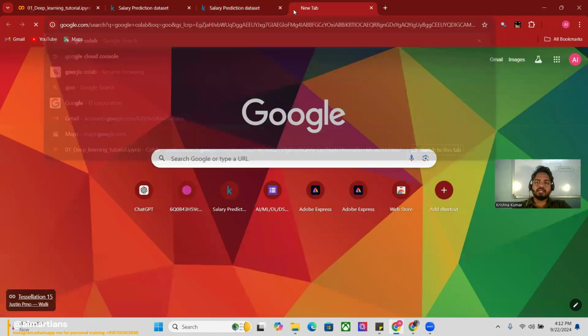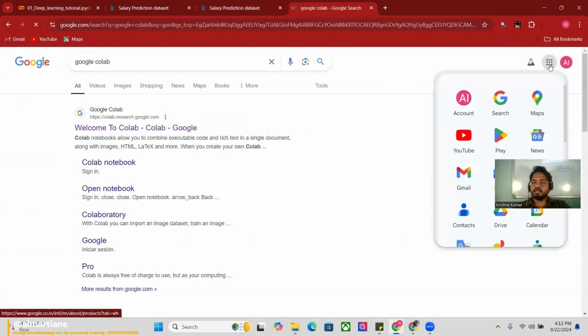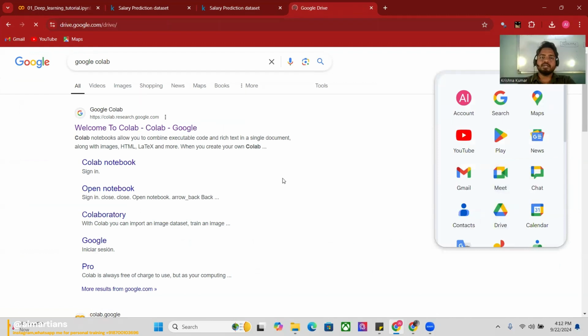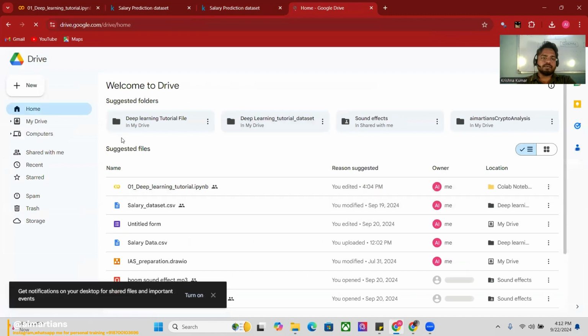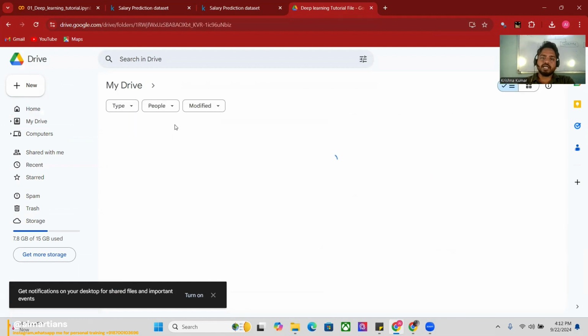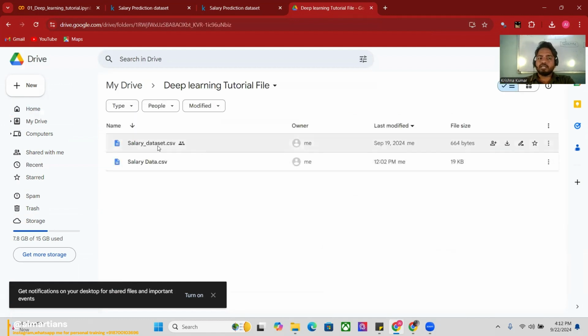You simply mention Google and click on the drive section. This is drive. And then you have to create a folder. So I already created a folder, deep learning tutorial file. I already keep a data set here, which was the salary data set, which I used in the last session